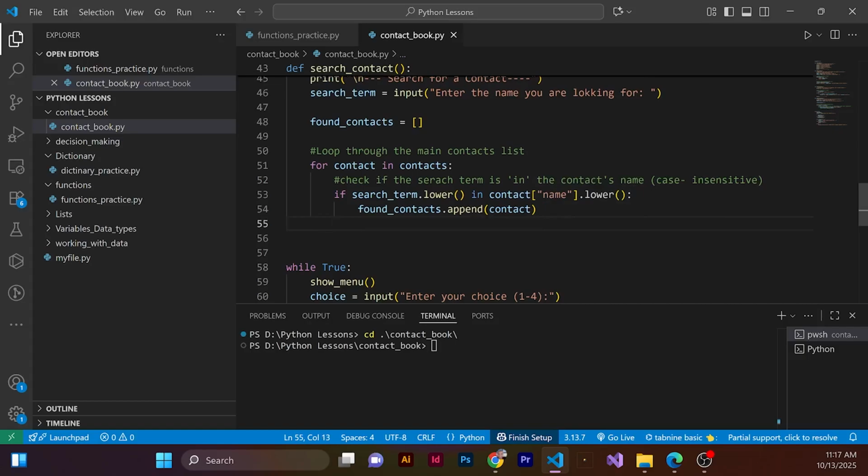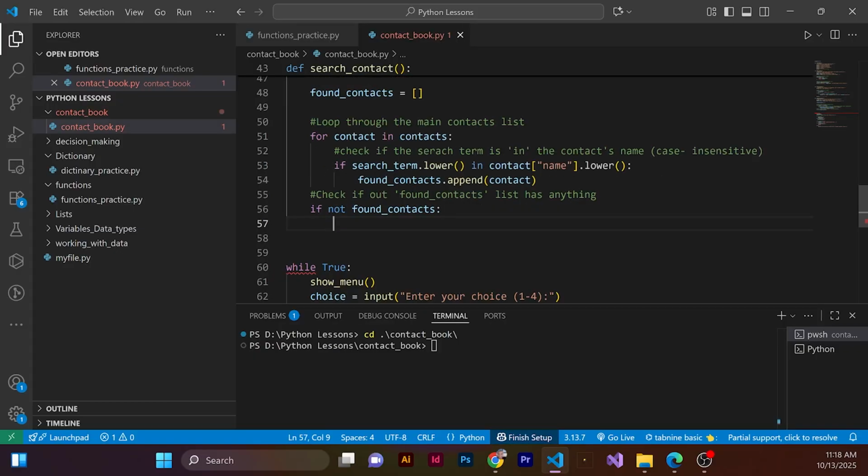And then after the loop, so now after the loop we check if the found contact list has anything in it. After the loop, we need to actually check if our found contacts list has anything in it. Just gonna print